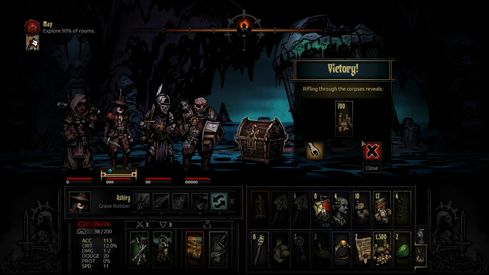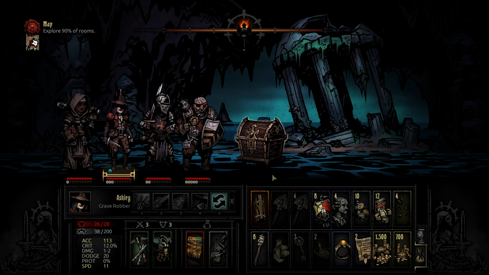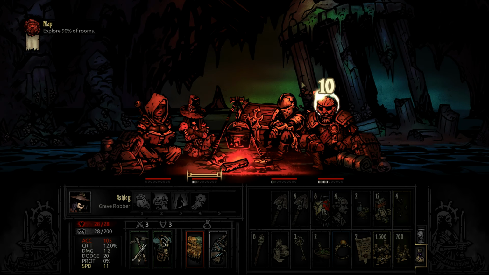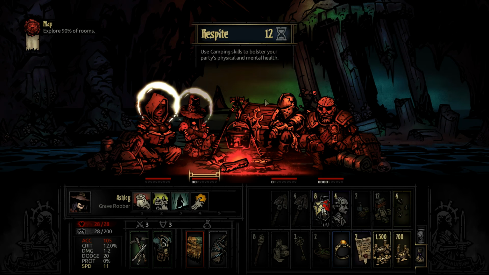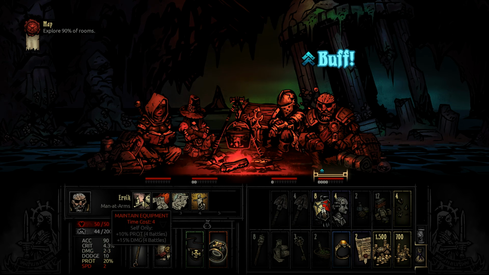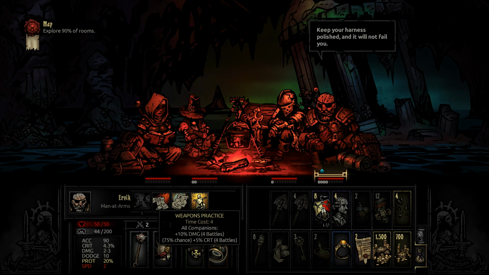I think we toss the 500 gold worth of jade. We'll camp here. A spark without kindling is a goal without hope. Again, just sort of kind of burn through as much of our food as we can for some extra inventory space. I think this time we'll do maintain equipment and